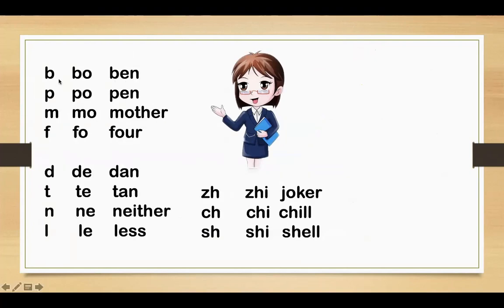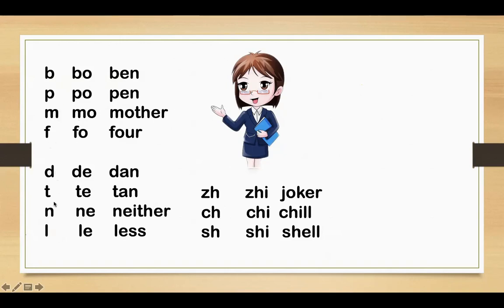Okay, let's start with this one. You can just read here, okay? Bo, like ben, bo. Remember the consonant, the first letter of each word. Bo, po, like pen, bo, po. And this one, mo, m, we pronounce it as mo. And this one, for,